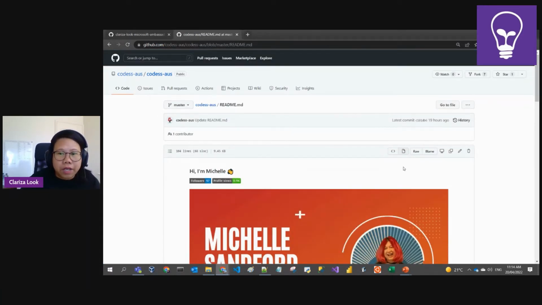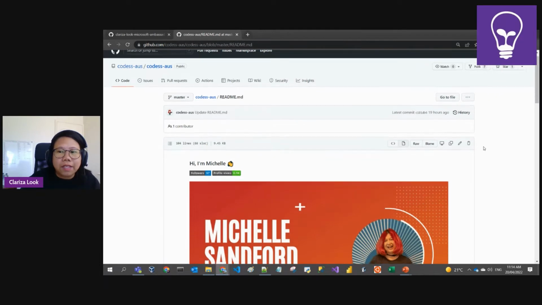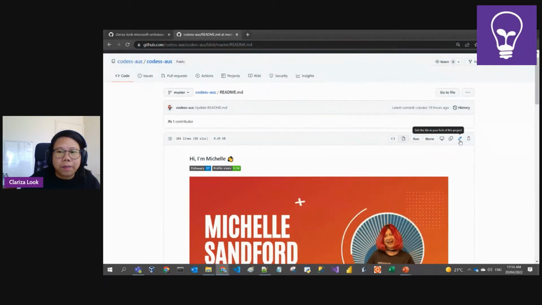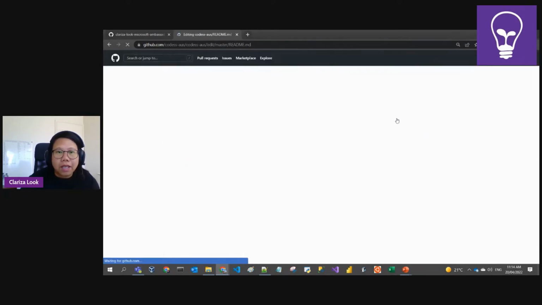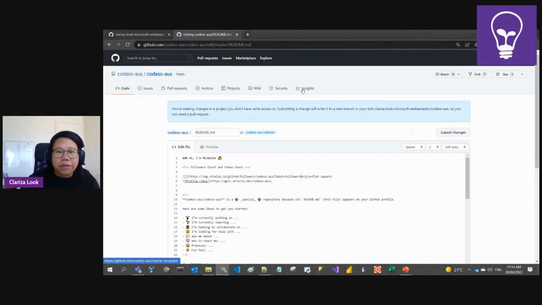Now, once we're there, we can again see this particular icon, which is similar to what we have done earlier. Basically, we can click that. However, once you click that, it says you're making changes in a project you don't have write access to. So what happened here is that once you click that, this particular folder of Michelle will be forked, or have a copy made,